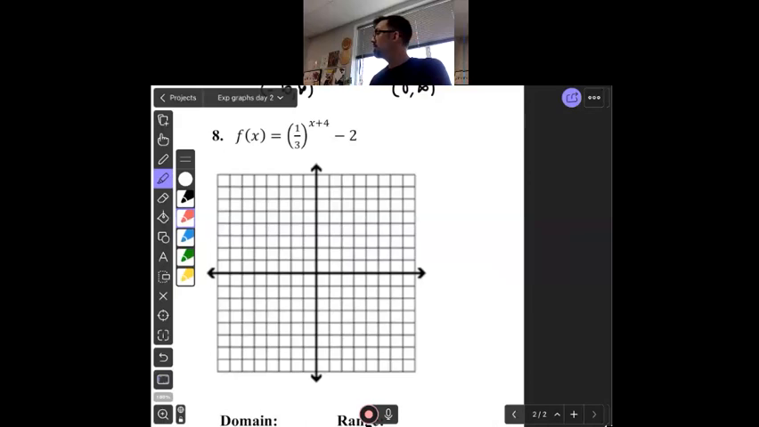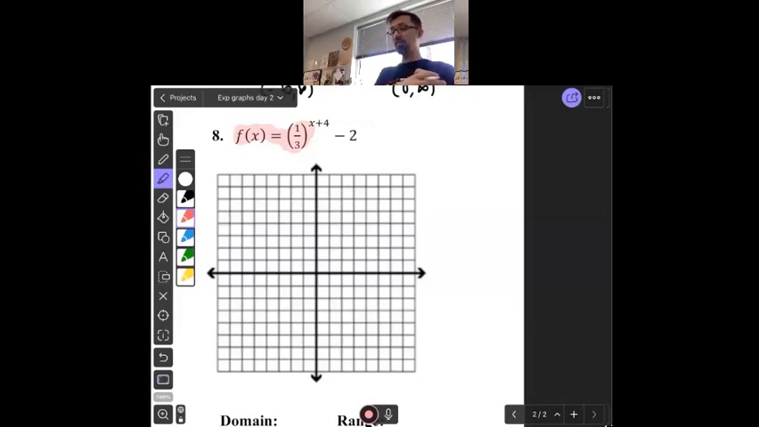What do you think, Mike? That's the whole function. It's the basic. Well, what part of that would we have seen yesterday? F of x equals 1/3 to the x. That's the base function. But today we're talking about adding in those transformations, the shifts up and down, left and